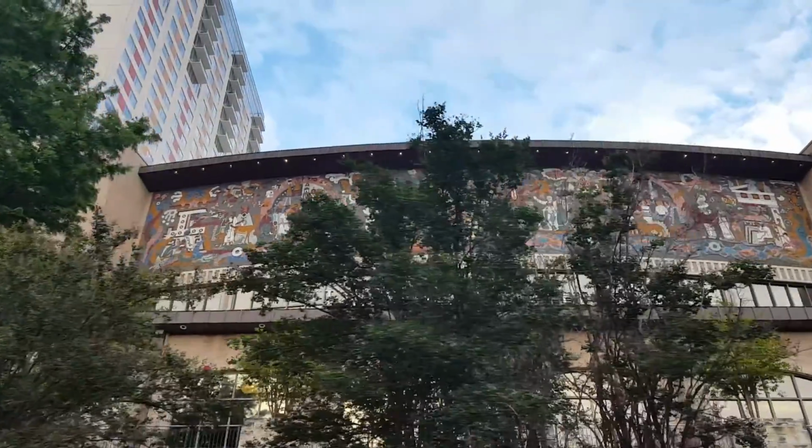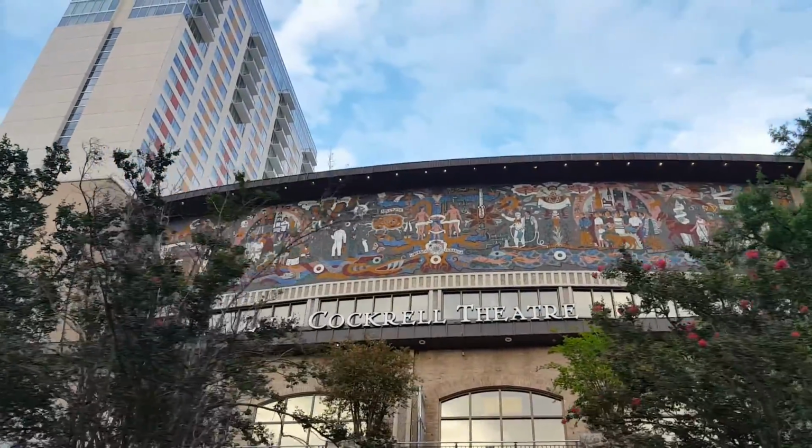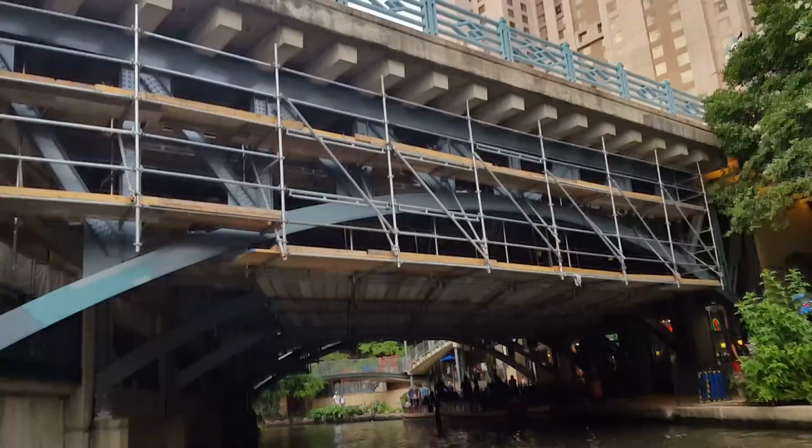Now, the title of the World's Fair was Hemisphere. People from North America and South America coming together. And you'll see a similar theme in the mosaic mural. And this really is the end of the...